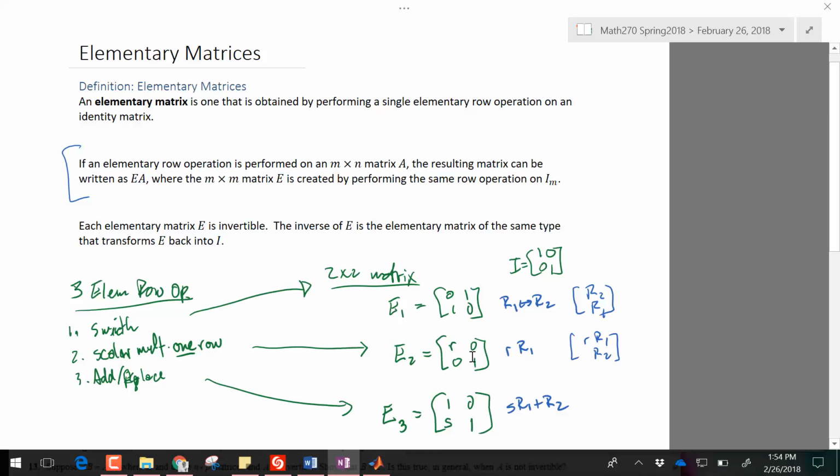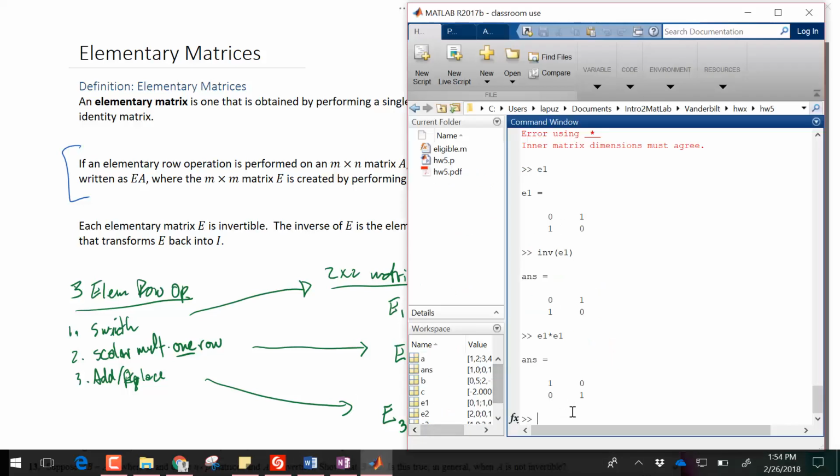So let's take a look at elementary row operation 2. If I multiplied the first row of the identity matrix by 2, how would I get back to the identity matrix? Multiply it by 1/2, right? So for my E2, if I do another, E22, and then multiply the first row by 1/2,